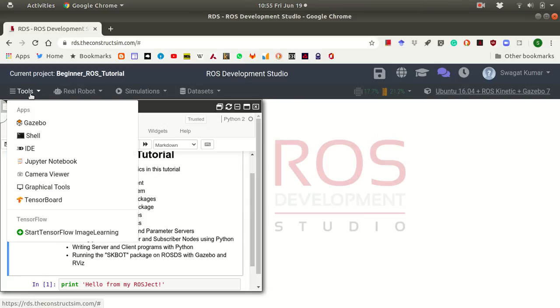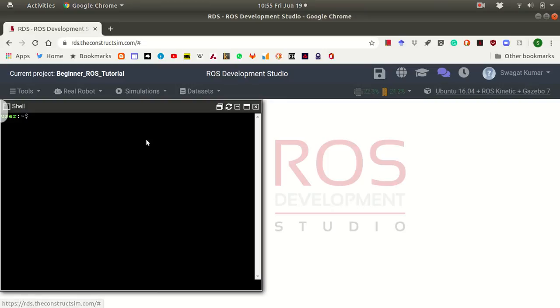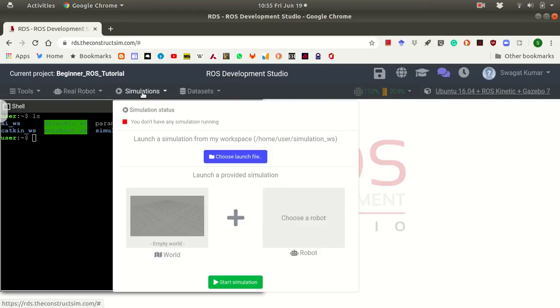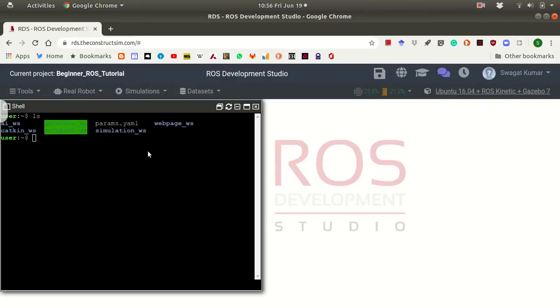To begin with, we start a shell. Here you will see this simulation button. We want to launch a Gazebo simulation, and for that we'll make use of this button. If you choose the launch file, it will ask for the launch file here. To do this, we'll have to install our packages within the simulation workspace. So we go to the simulation workspace